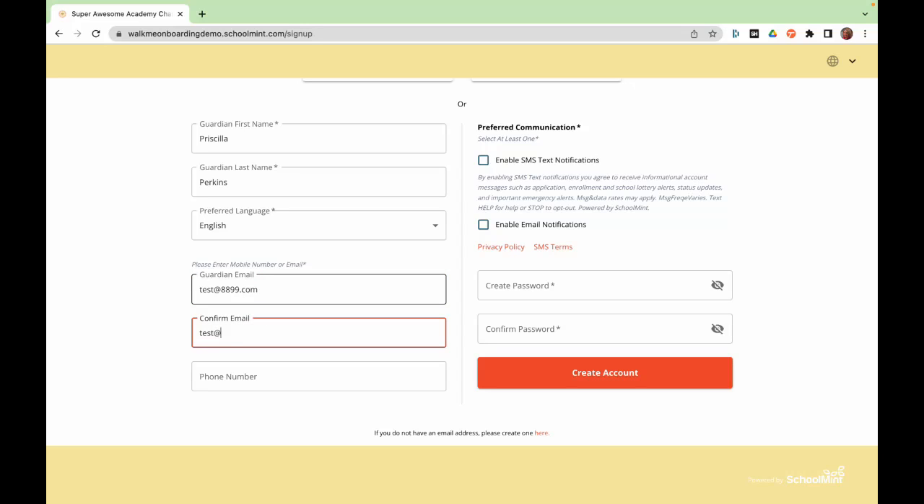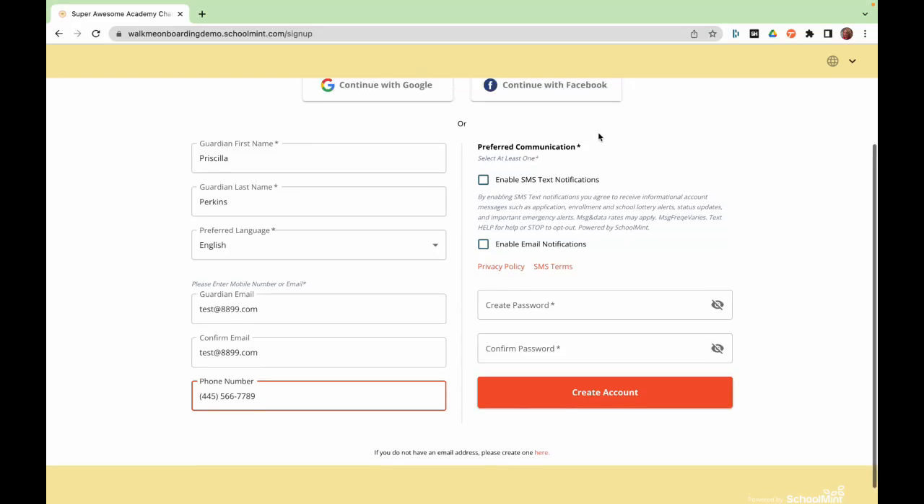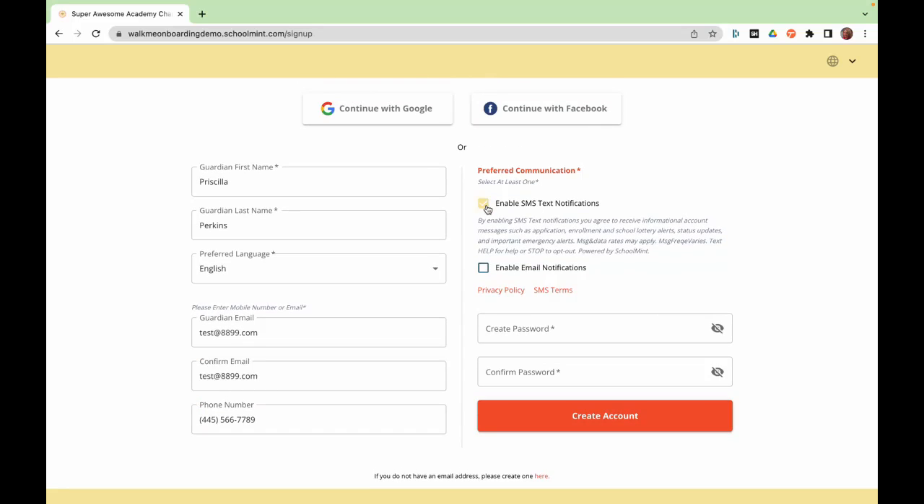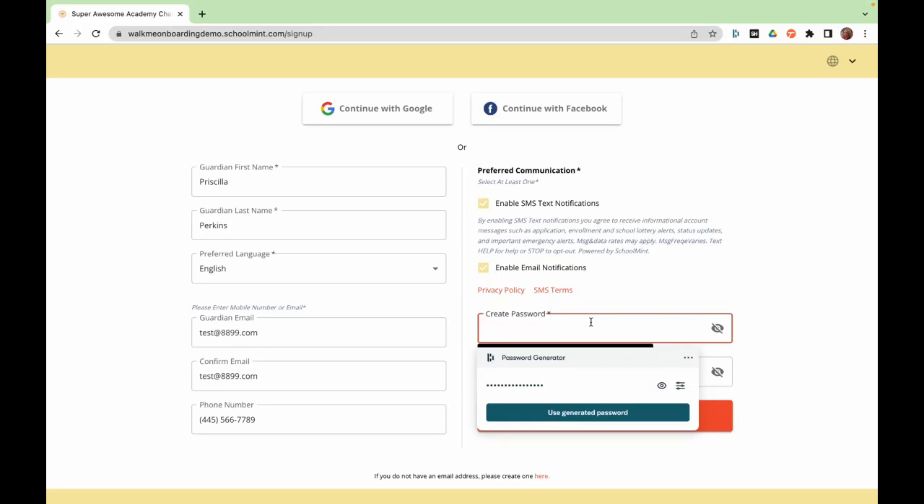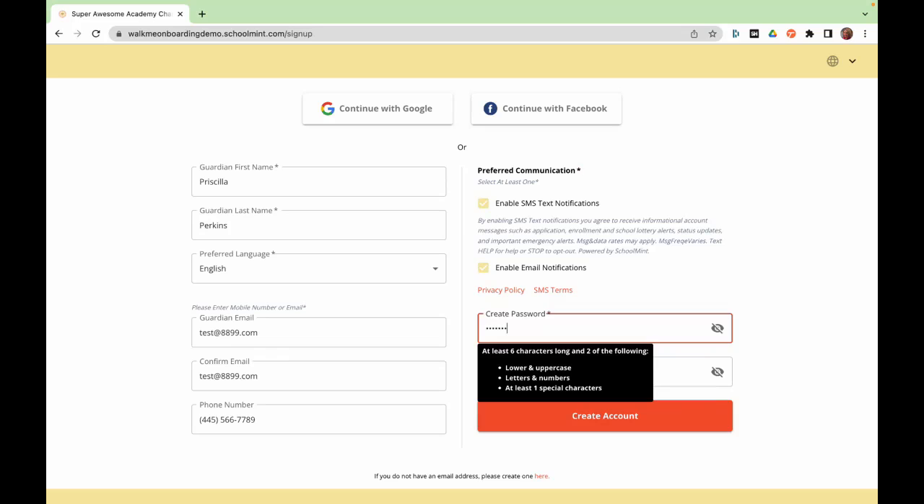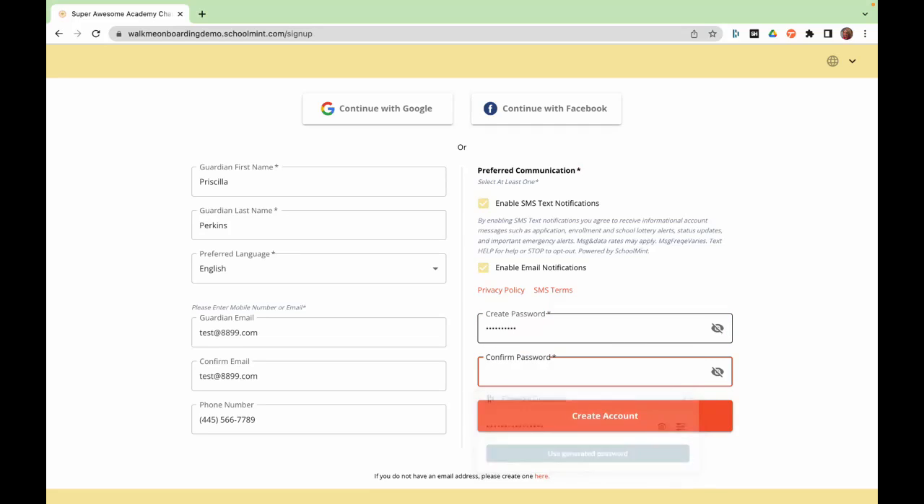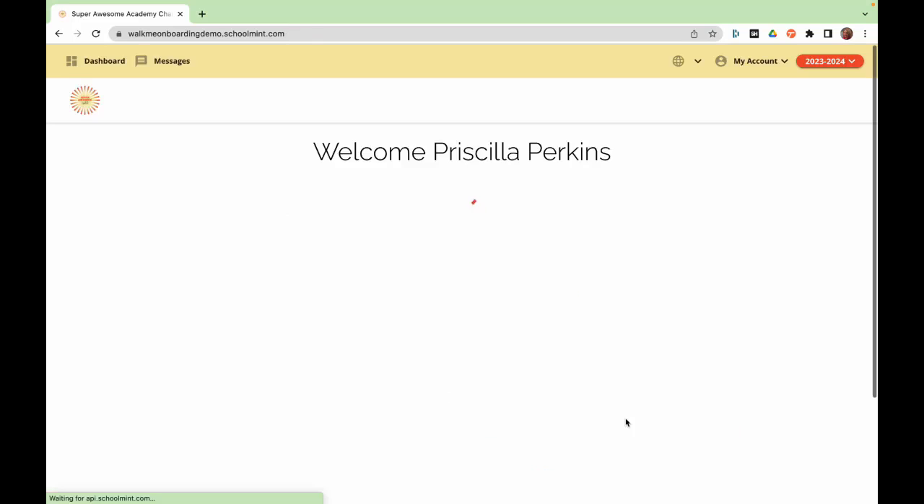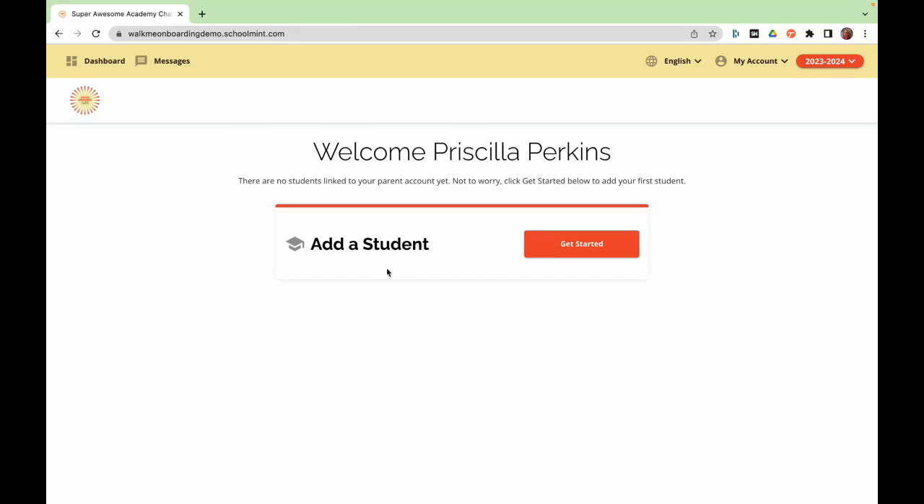and confirm. Then they must provide a phone number and preferred communication, text messages or emails, or they can choose both as a preferred communication method. And lastly here, they must create a password. Okay, so from here they have the option, of course, to get started to add a student to submit an